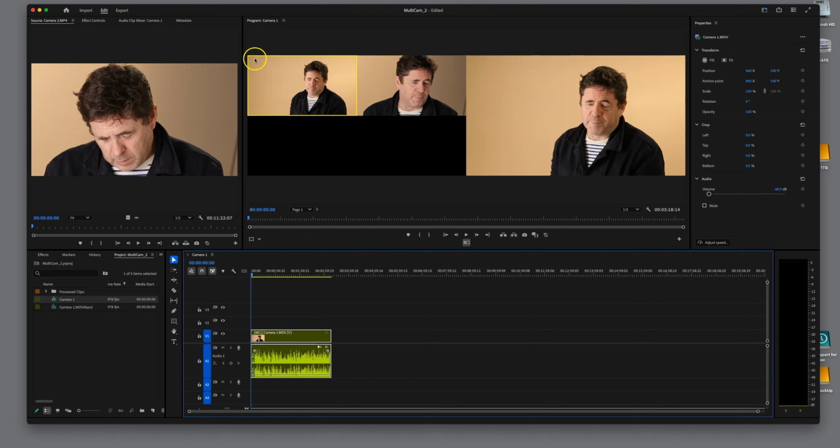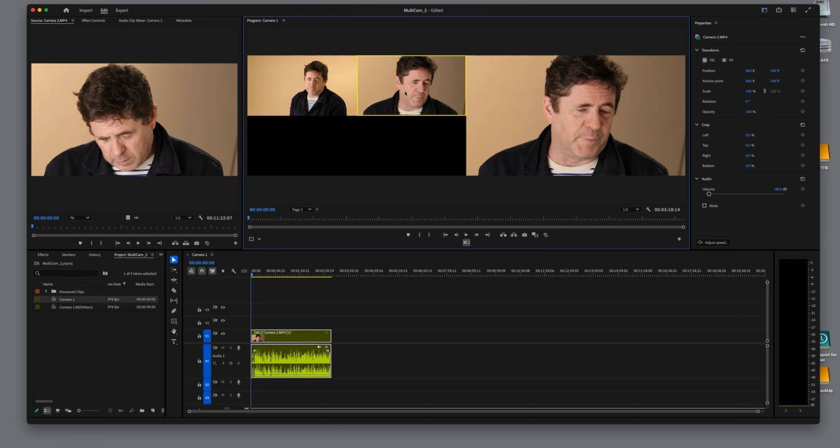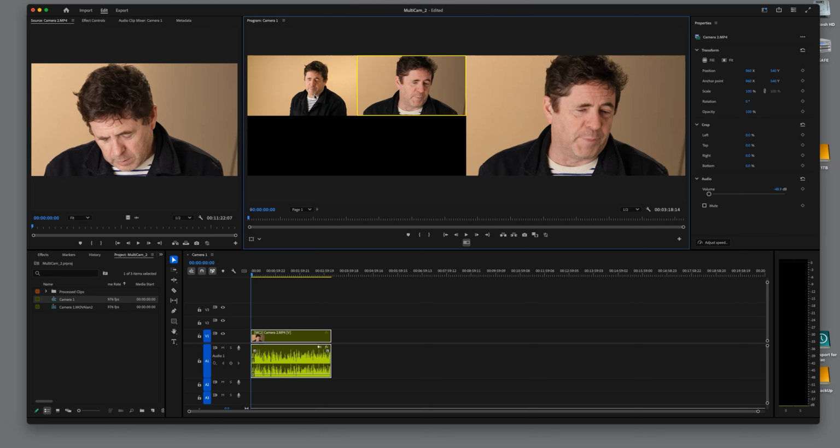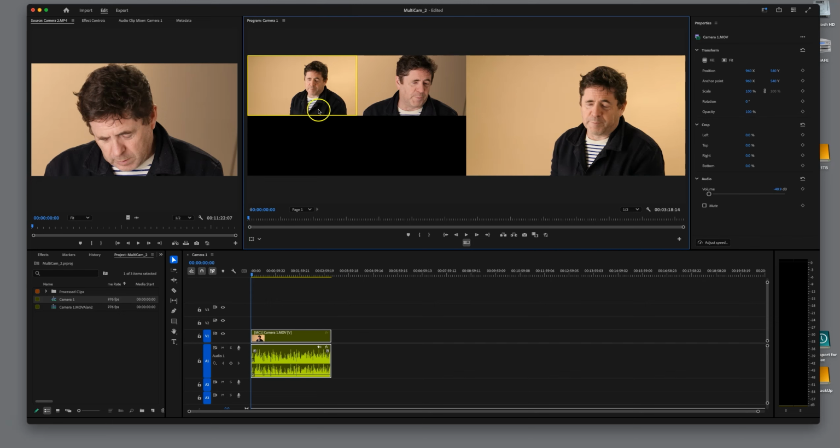At the moment it's starting on camera 1, it's got the yellow bounding box around it. If I click on camera 2, the yellow bounding box will go around that, and that will be the live camera. So I can use my mouse to click, or I can simply hit 1 or 2 on my keyboard and it'll toggle between cameras. We'll start off with camera 1. So if I start playing this,